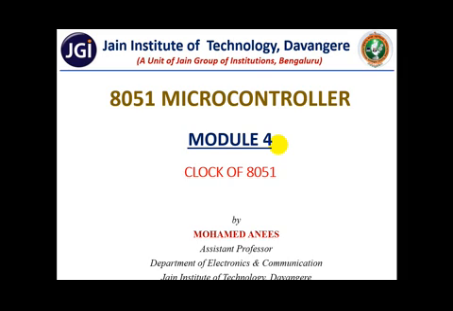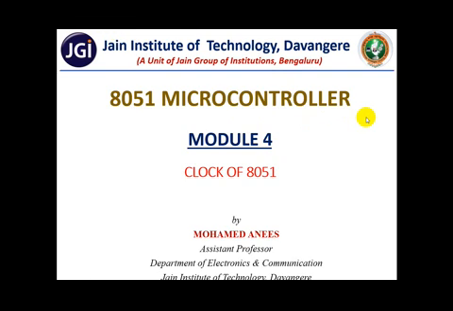If f is equal to 1 hertz, then t is equal to 1 upon f, so you get that 1 second. Based on that 1 second, you calculate the minutes, then from minutes to hours. Likewise, first we need to understand what is that 1 second, or what is that minimum time for our 8051. How does 8051 generate this clock? So that's the first point.